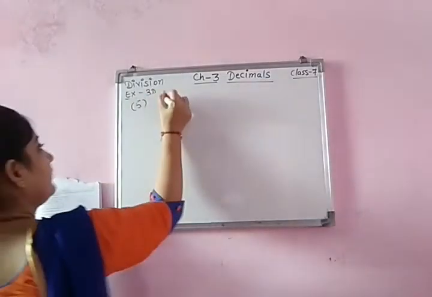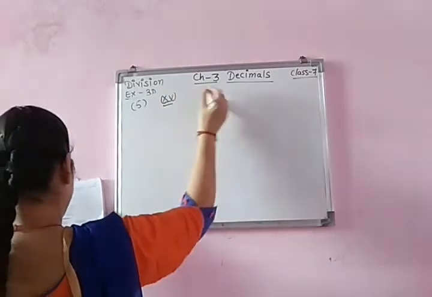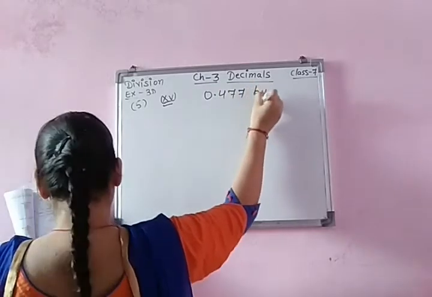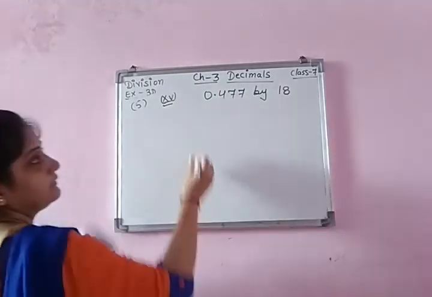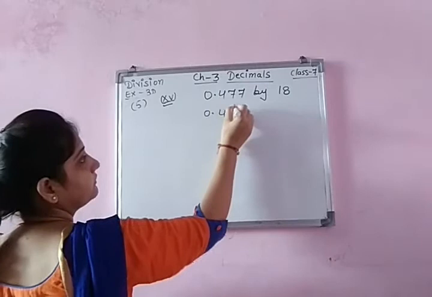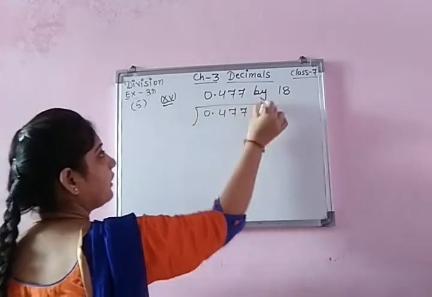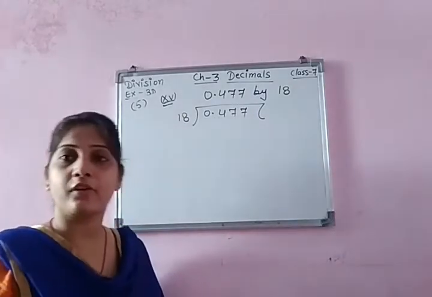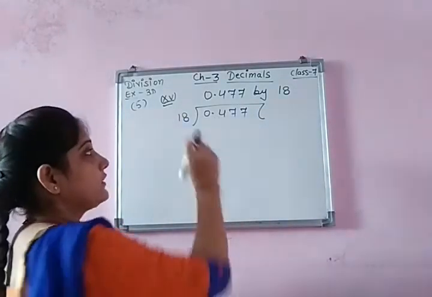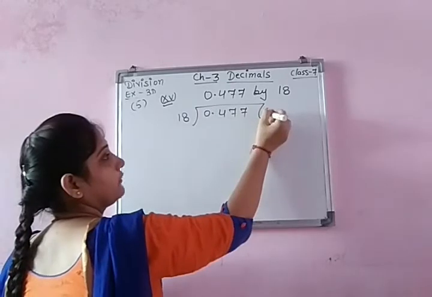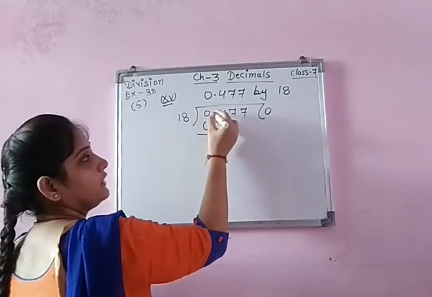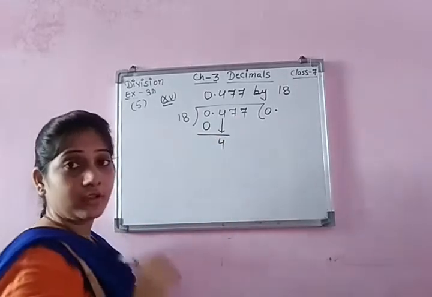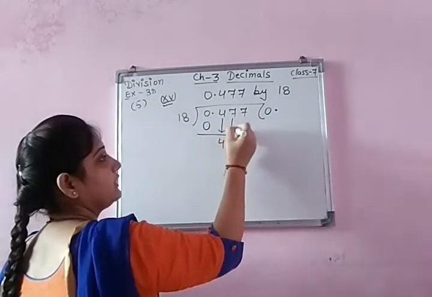Okay children, question number 5. 15th part we are doing. 0.477. You need to divide it by 18. Let's do that. Actually children, all the questions are the same. Only thing, your table must be strong. Your calculation should be correct. So in the table, if there is 0, we have to write 18 zeros are 0. Now the point is to be shifted to the quotient. Copy down this 4. It doesn't come in the table of 18. So write down this 7 also.